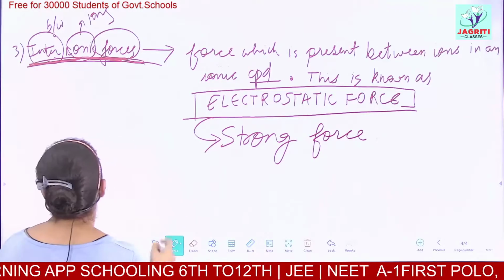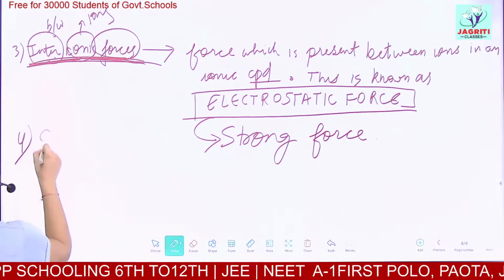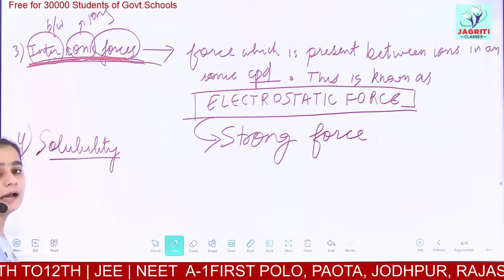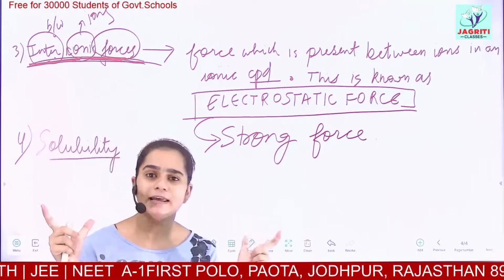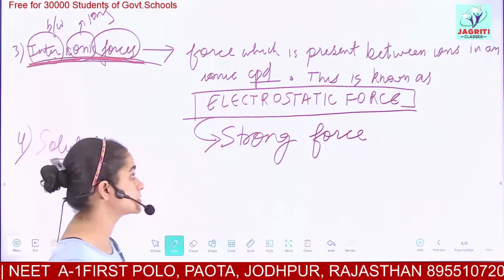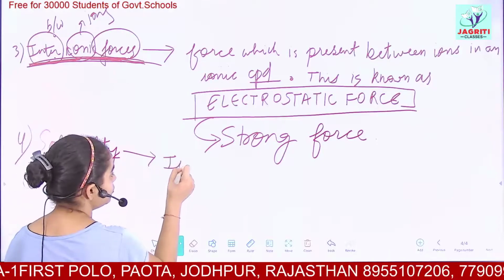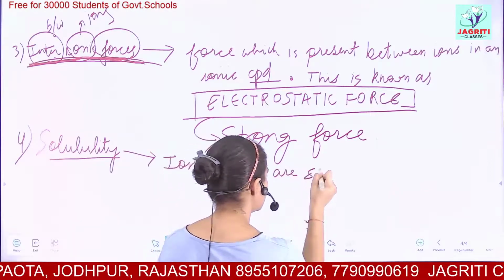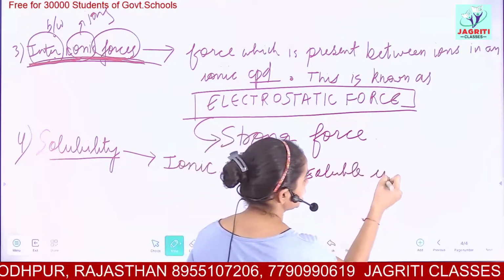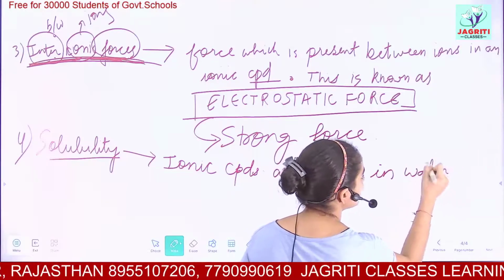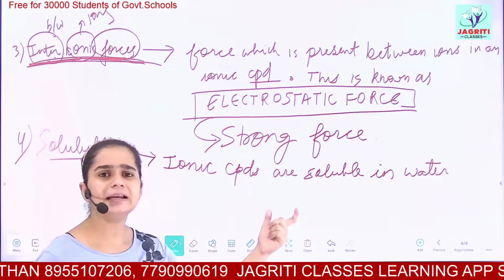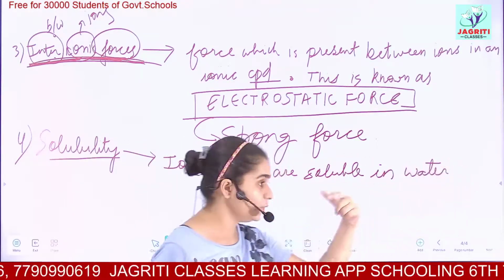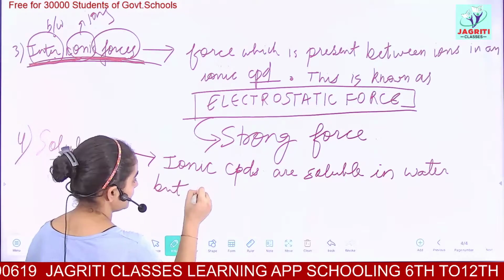Now coming on to the next property, that is solubility. Ionic compounds are made up of ions, that is, charged particles. So ionic compounds are soluble in water and water-like liquids. They are completely soluble in water and water-like liquids, but they are